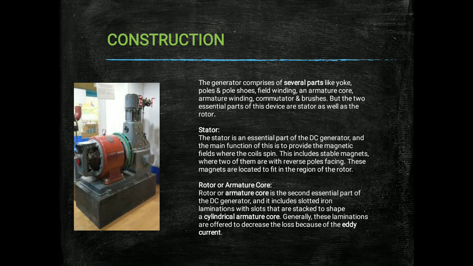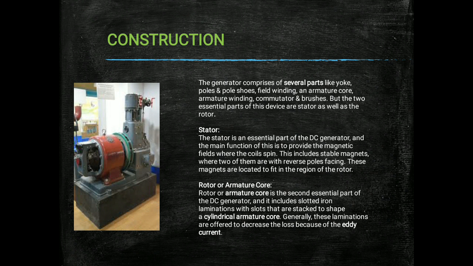So there must be an even number of poles present in the stator or in the yoke. These poles may be 2, 4, 6, 8, 10, 12 in number. That must be an even number. That means a pole pair is present. If there is a south pole, obviously there is a north pole, and these face each other to produce the magnetic lines of force, or the magnetic flux.